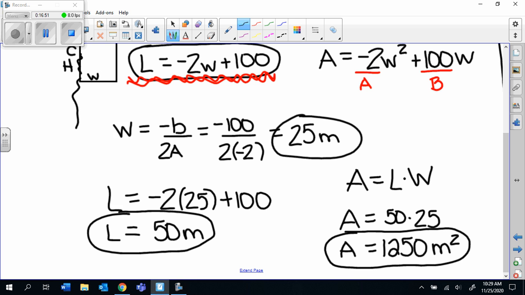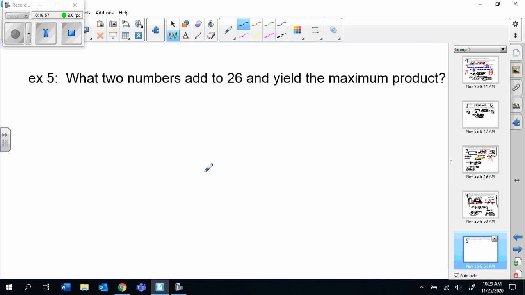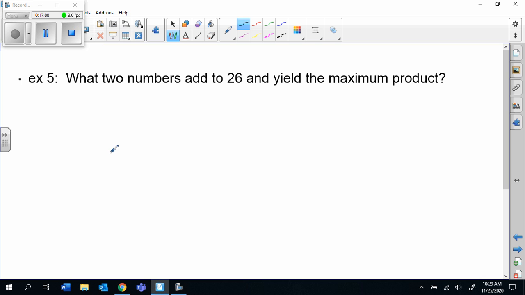All right. We've got one more. If you've got this shortcut thing down, I think you're going to find that it's really super straightforward. What two numbers add to 26 and yield the maximum product? So we don't know what the numbers are. So when in doubt, let's just use x plus y. They add to 26. And the product